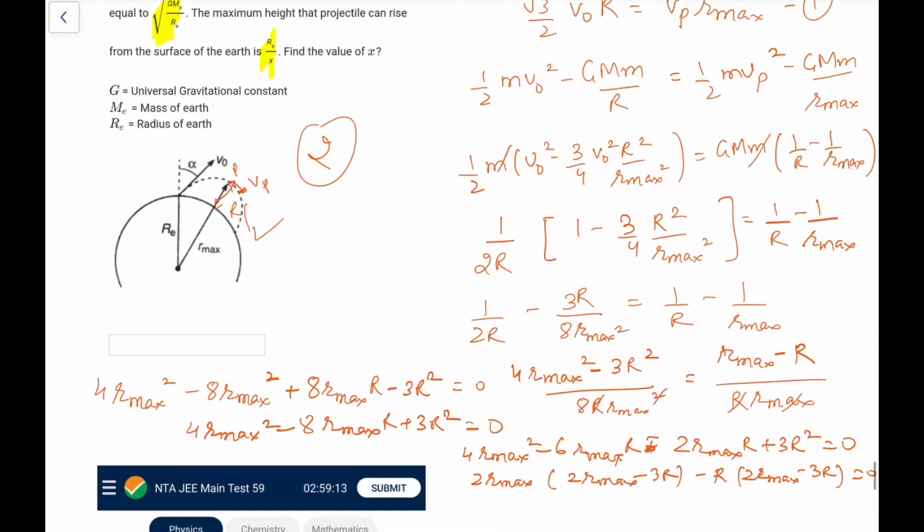So again, a bit lengthy one, but you have done it, so you can do it. Next one, the last two now, 24th. What we have: three rods, same length and cross-section area, and D is immersed in ice. Where is D? Okay, this is in ice at 0 degrees.